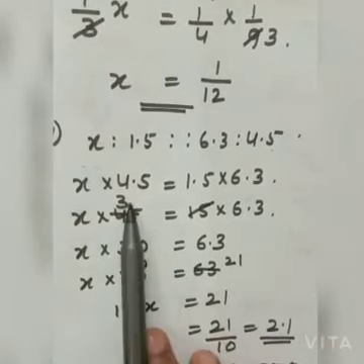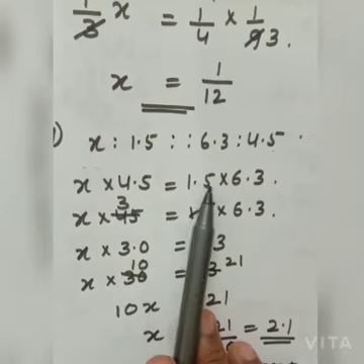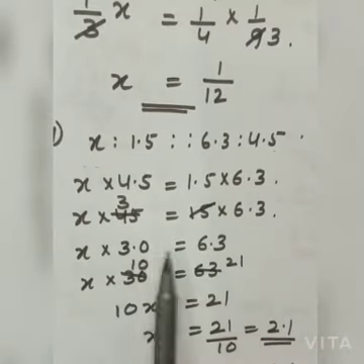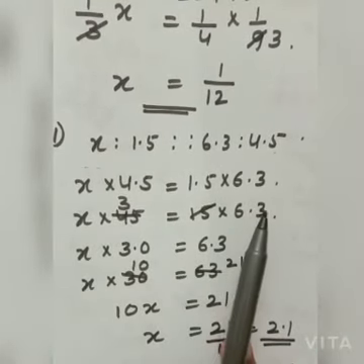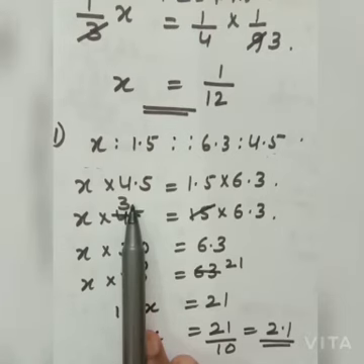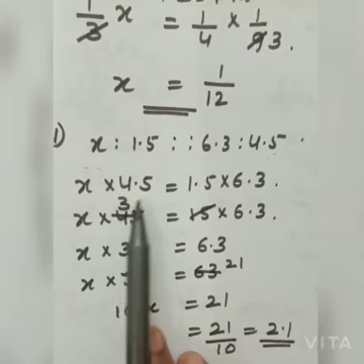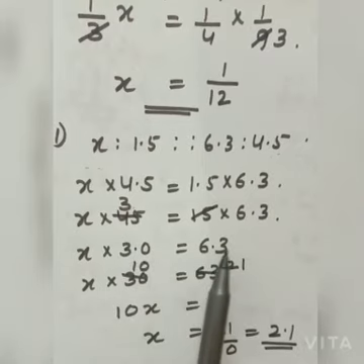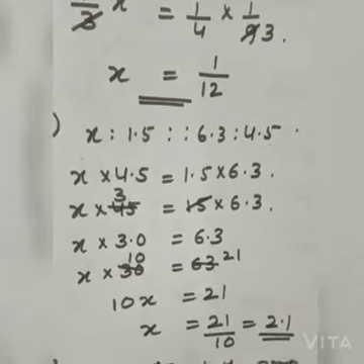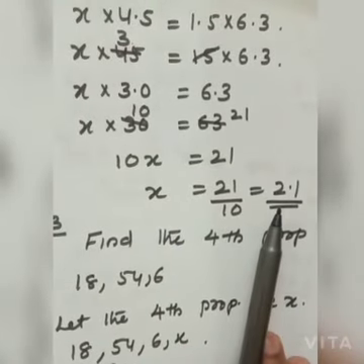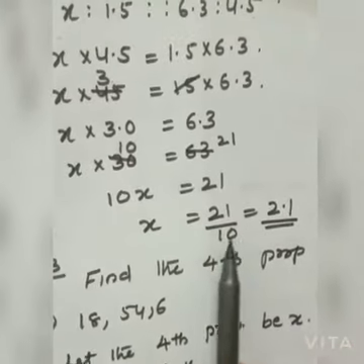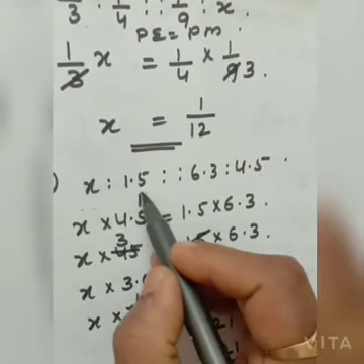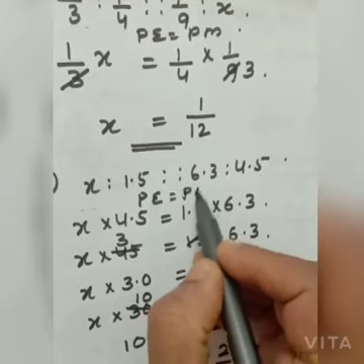Cutting. After decimal 1 digit, after decimal 1 digit. So these 2 decimals I can take out. This will remain the same. After that here also after decimal 1 digit. Here decimal is not there, so I put after 3 decimal and 1 digit I kept. So here also after decimal 1 digit. Here also after decimal 1 digit. Point you can take out and cut it out. Okay, x equal to 2.1. This you have to write: product of extremes equal to product of means.